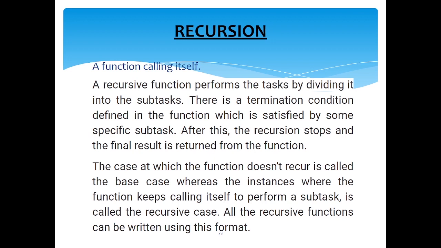Factorial is the best example of recursion. If we take 5, and decrement it, you will get 4, and after that 3, after that 2. So each term gets multiplied over it. That is the best example of recursion.